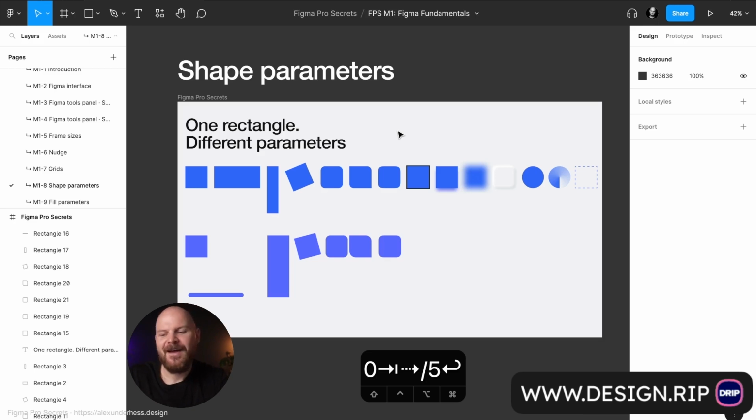I'll see you in the next lesson where I'll be talking about fill parameters, and it will be super fun and cool because there are so many parameters there, and some of the parameters will help us in our future modules where we'll be creating, for example, patterns. Yeah. So see you in the next